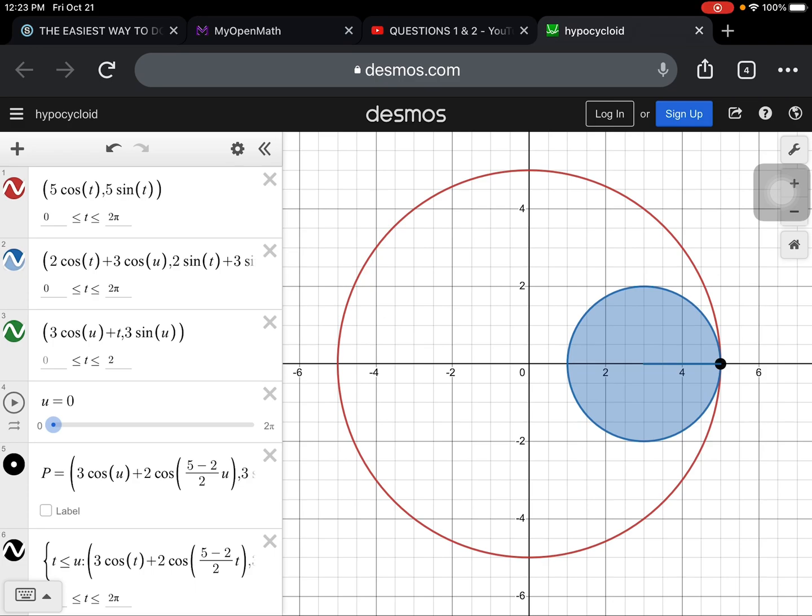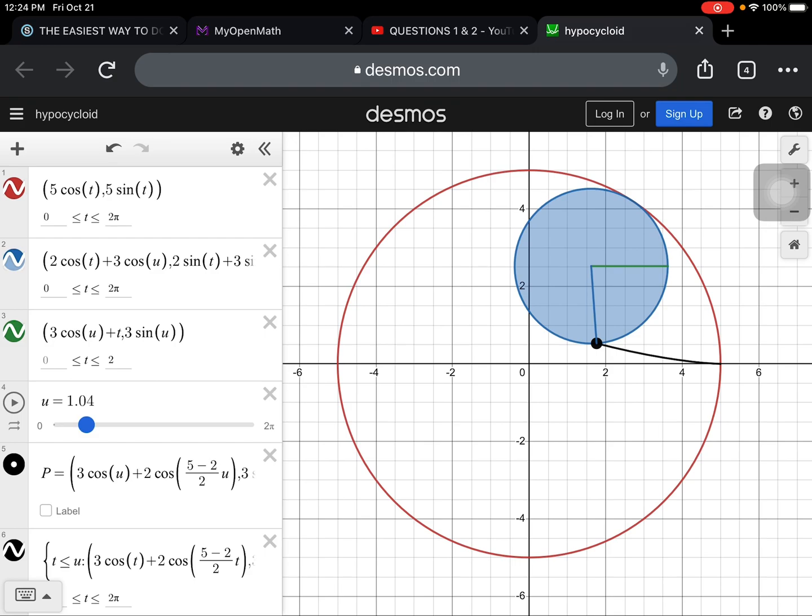So as this blue circle rolls around the inside of the red circle, that point that is on the blue circle rotates clockwise around it because the wheel is rotating clockwise. It's rotating counterclockwise around the red wheel, but itself is rotating clockwise. So at this point right here, that point on the blue circle has rotated 90 degrees, but the blue circle itself has not rotated 90 degrees around the larger circle. It's actually less than. And that little distinction is going to be important when we derive the equation,